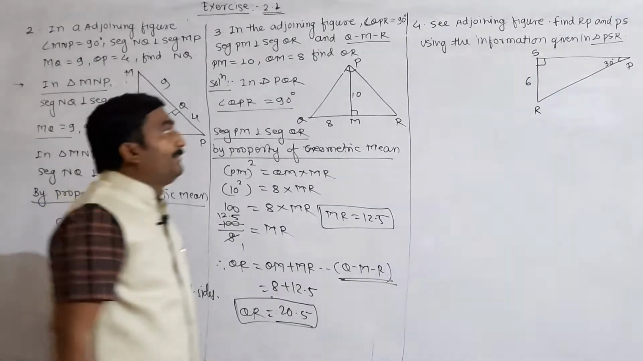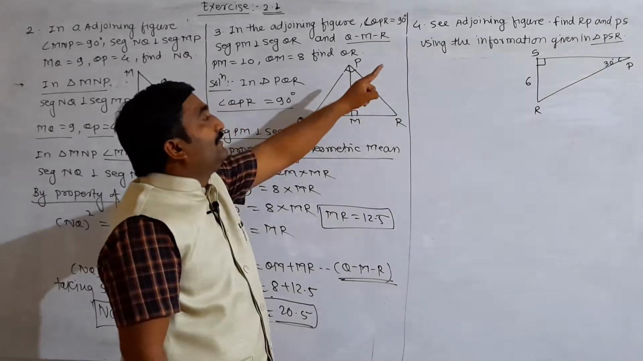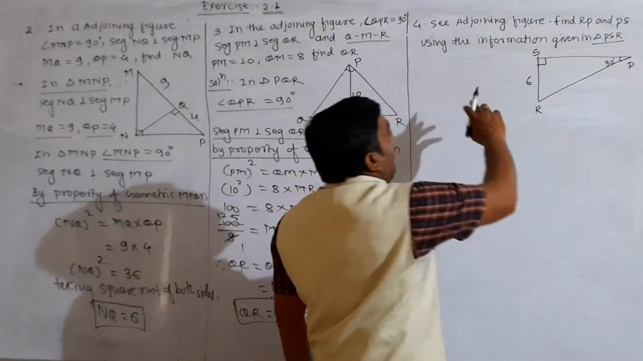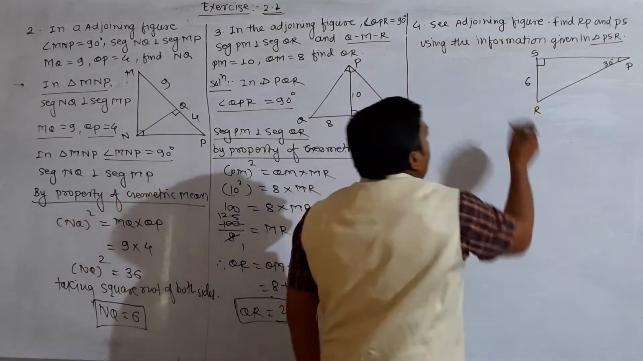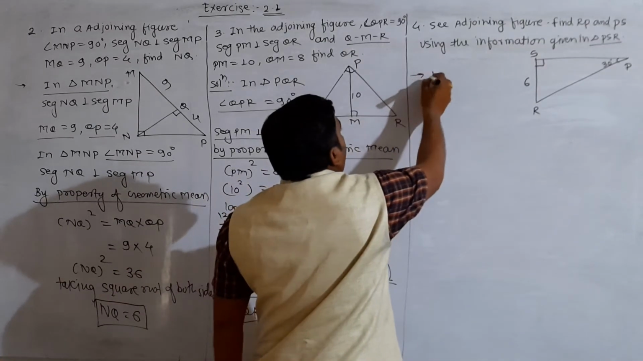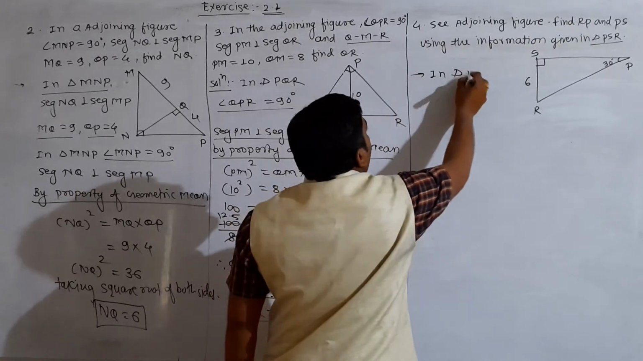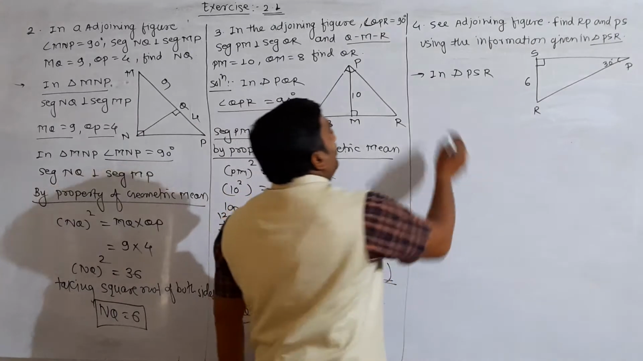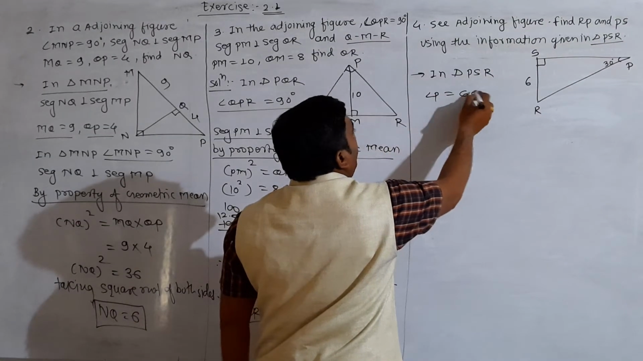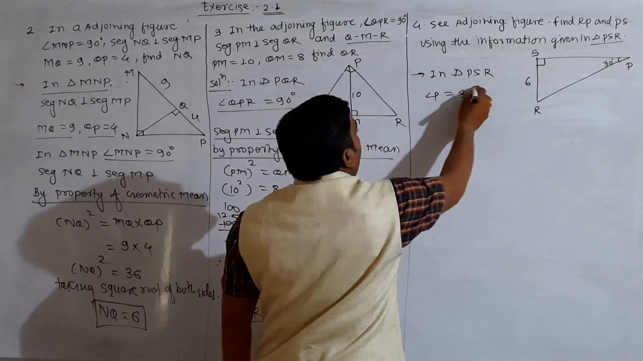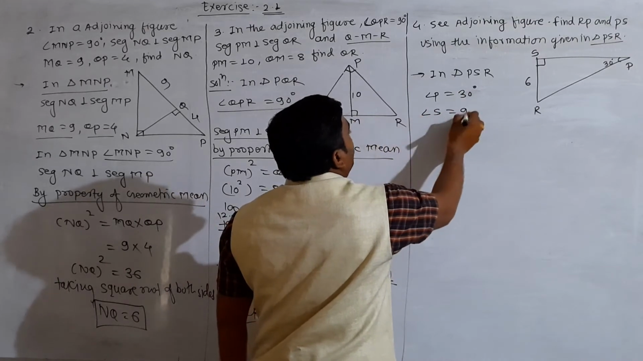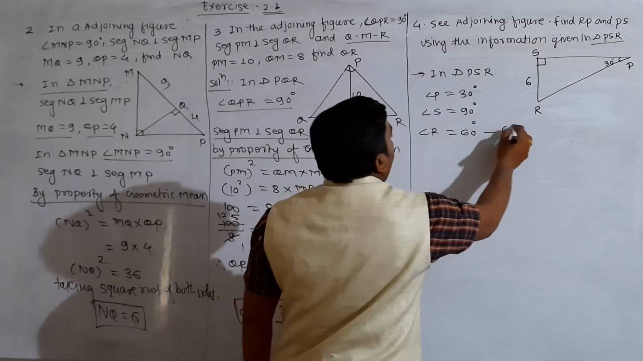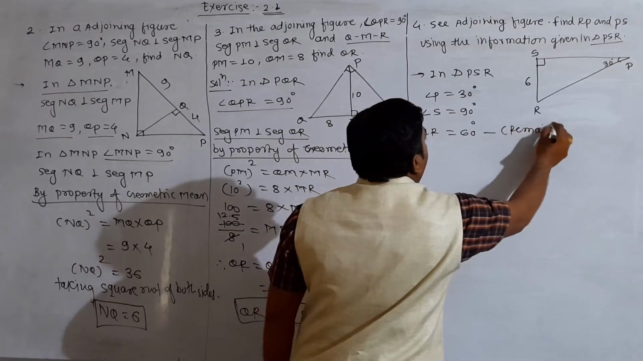Then the fourth example we have to study here. In the adjoining figure, we have to find RP and PS, and only SR is given. So in triangle PSR, we are given angle P is equal to 30 degrees, angle S is equal to 90 degrees, so angle R is equal to 60. Reason is that remaining angle